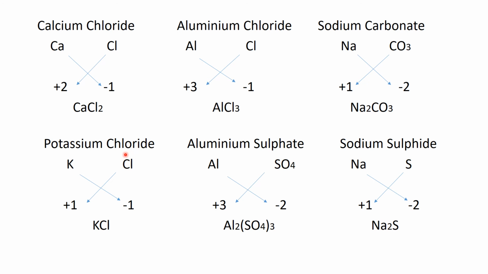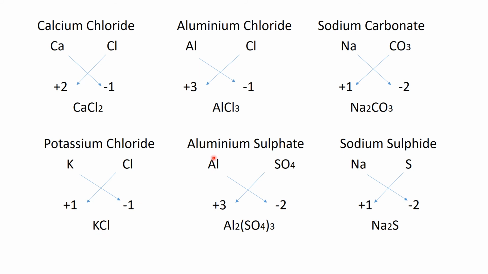Next, potassium chloride. It's very simple. K for potassium, you will write. Cl is the symbol of chlorine, the chloride. Then for K, you will write the valency, K is 1, and chlorine has valency -1. Then when you cross the valencies, it will be KCl, because these two numbers are the same. So these will cancel and the formula will be KCl for potassium chloride.